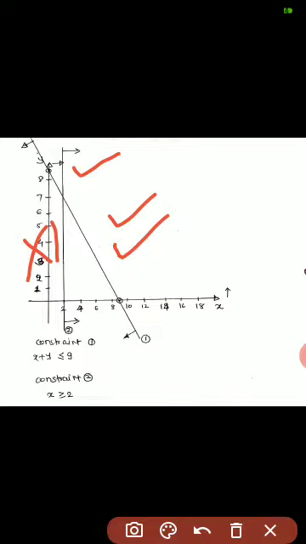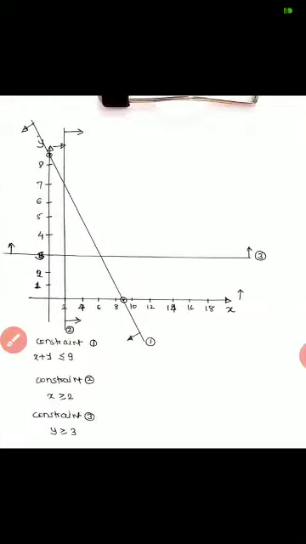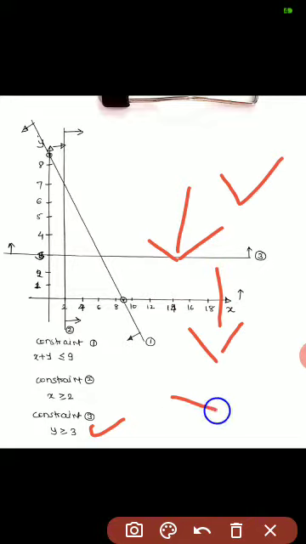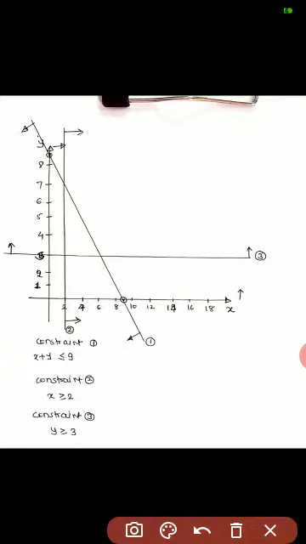Similarly we can draw the line for constraint 3. So this is the line of constraint 3 here, and we have to consider the upward portion of this particular line, because they have given the greater than or equal to sign, and the lower portion we have to ignore. I will explain why I am saying this after drawing the lines for all the constraints. So let's see here.